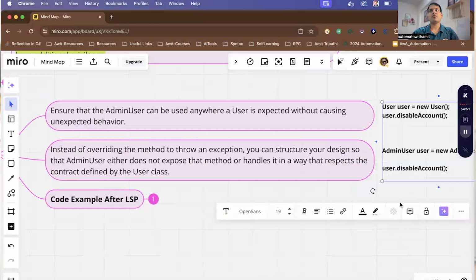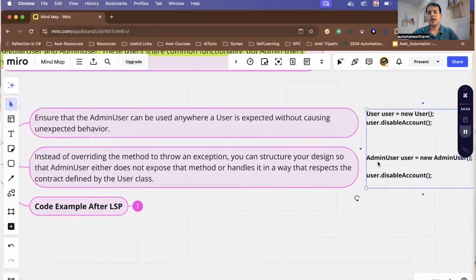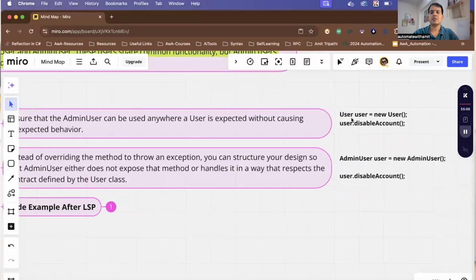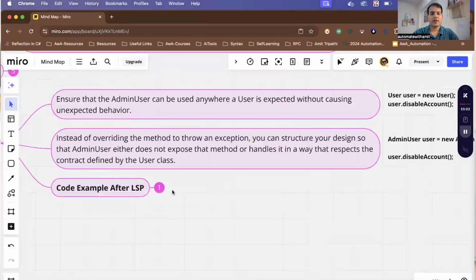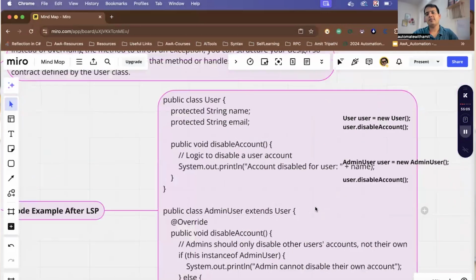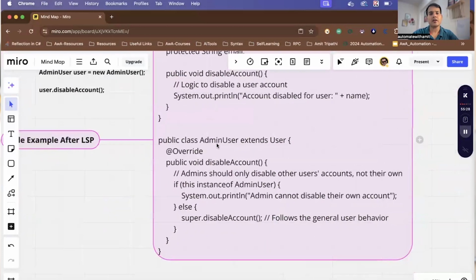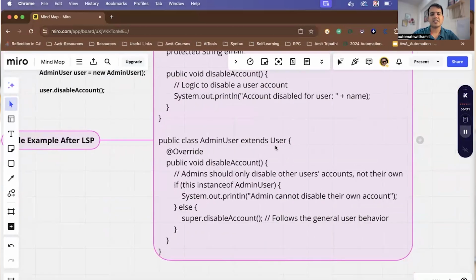In this case, we have to make some arrangement such that we don't get the error while we are substituting the child class in place of parent class, right? So we'll see what way we can change this. This is the solution, where we are implementing LSP. So how are we implementing? We have created one user class, with name, email, and disable account like it was. This user class has not been changed, but under admin user, which is extending user,